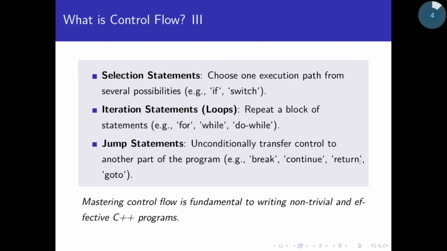Now let's see some categories in C++. With selection statements, we choose one execution path from several possibilities using the keyword if or the switch statement to carry out conditional control in our code. Iteration statements enable repeated operations like for, while, and do while. Then there are jump statements like break, continue, return, and goto. The goto statement is discouraged by developers. It's not encouraged to use goto. You can easily use break or continue to jump out of executions.